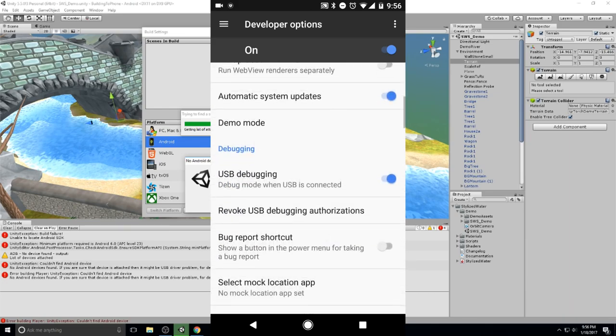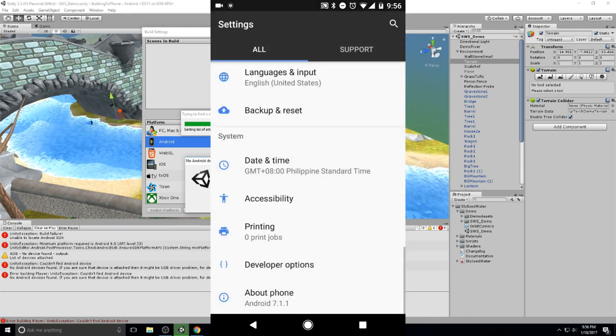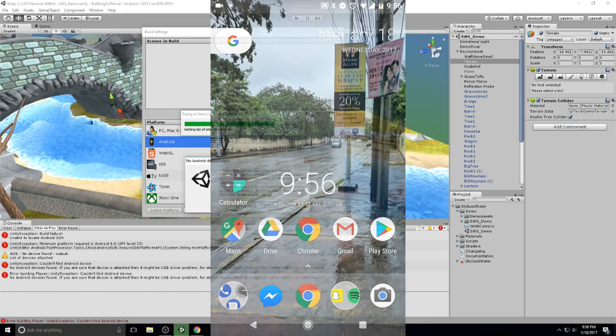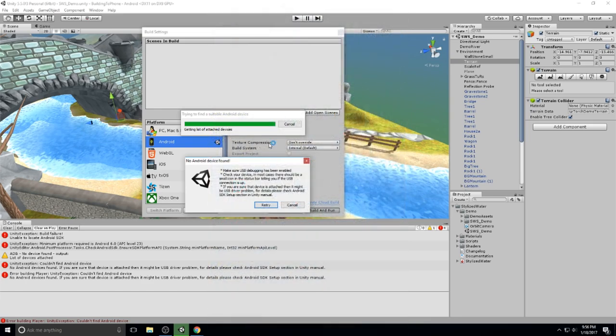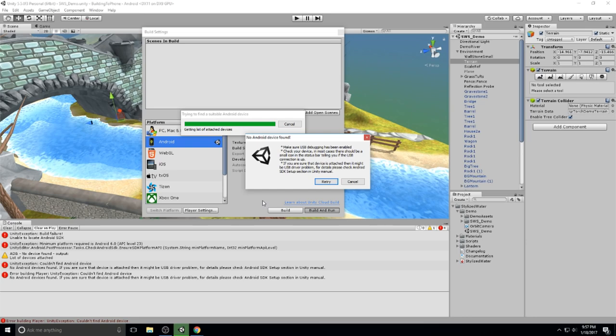So down here, you're going to allow USB debugging. And then once this is completed, you can go back to the home screen. Make sure you hit retry right here. And at this point, you should either get a message on your phone that says you want to allow this computer to access it. In that case, you say yes, or you should get another error